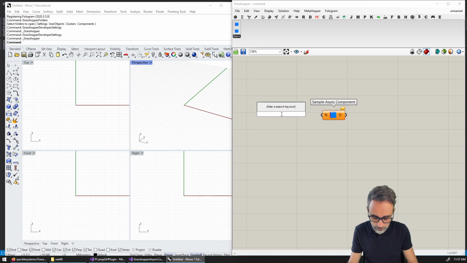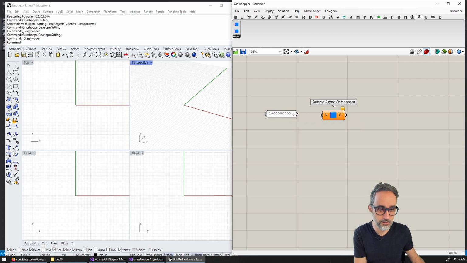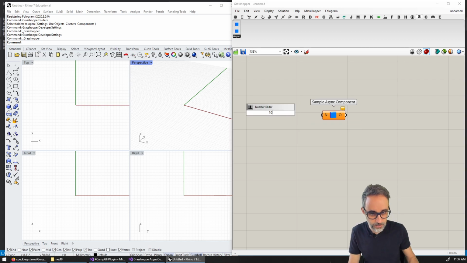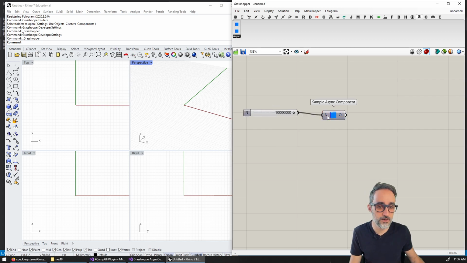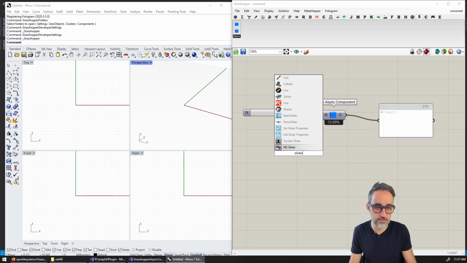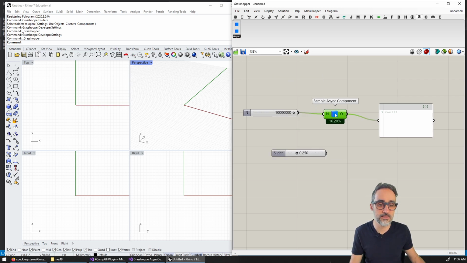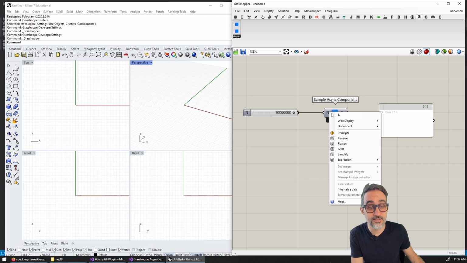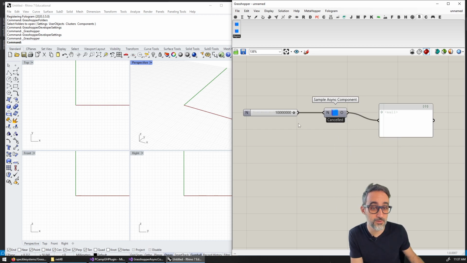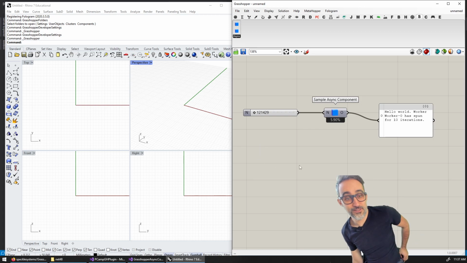If I now, for example, put a slider with a very large number, you can see that the thing starts calculating, and while it's calculating, my Grasshopper is responsive. I can do other things, I can drop a slider, and the thing is still computing. I can even right click and cancel the operation, like, oh, that's going to take too long, and then just reduce the number, and then hopefully this is going to be much faster now. Faster, yes. And hopefully this is going to be,